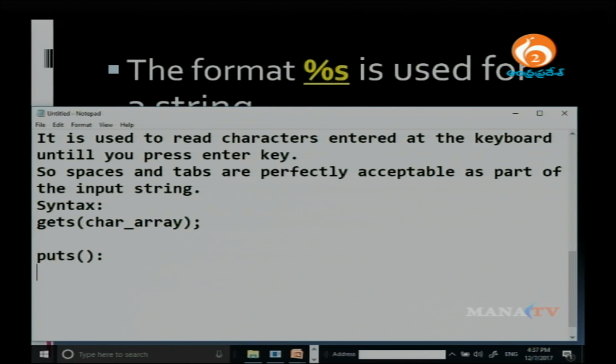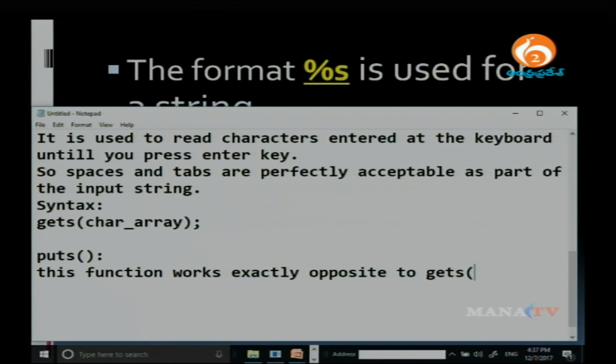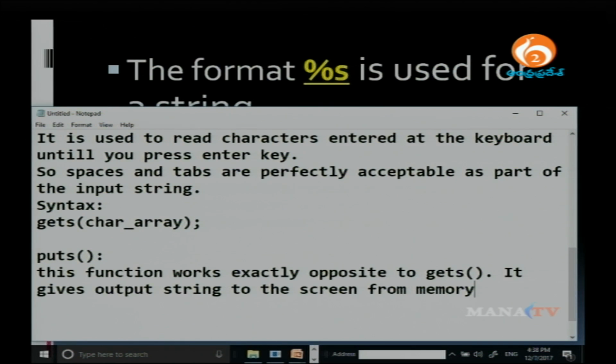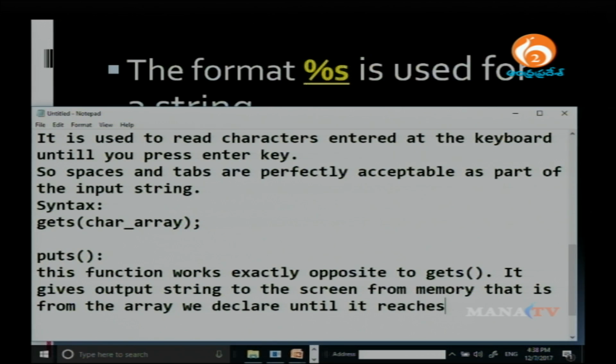This function works exactly opposite to the gets function, which gives the output string to the screen from memory, that is from the array we declared until it reaches the null character.